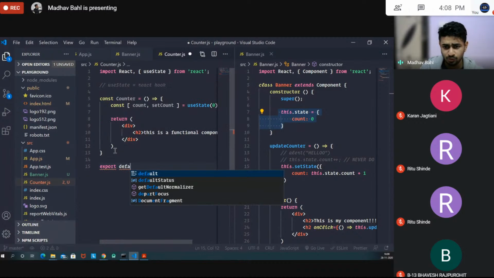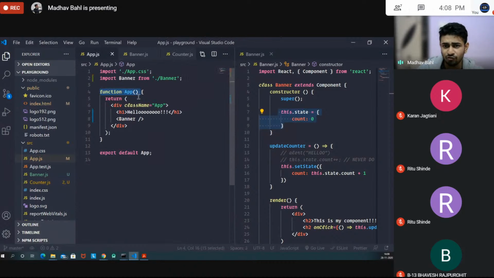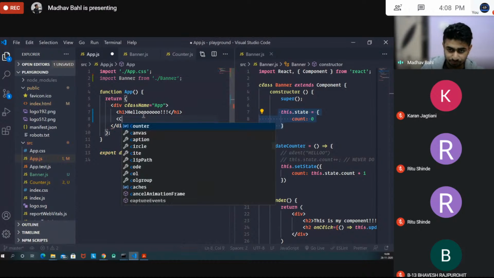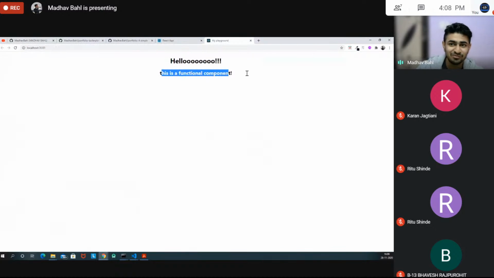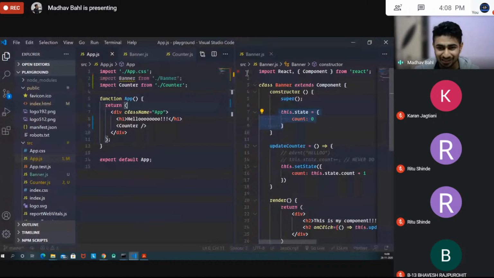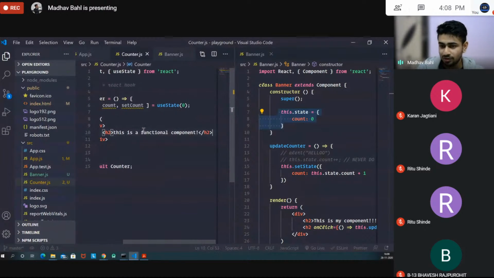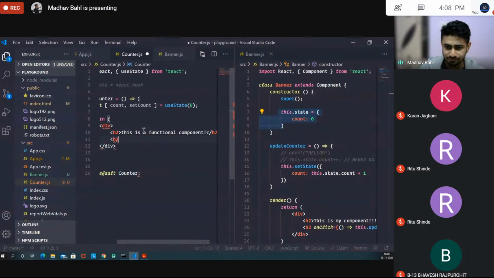And then export default the counter. Now, as you can see, instead of using banner, I am going to use the counter here. Again, import counter and then use this thing. So as you can see, now I have saved it and it will be visible on the screen. This is a functional component. Magic, right? So basically by doing this, we are calling that functional component counter. So as you can see now, let's replicate that. Let's add another h2 element. The count is